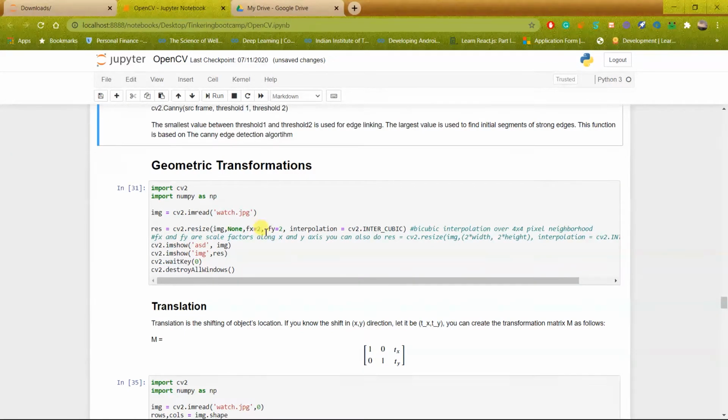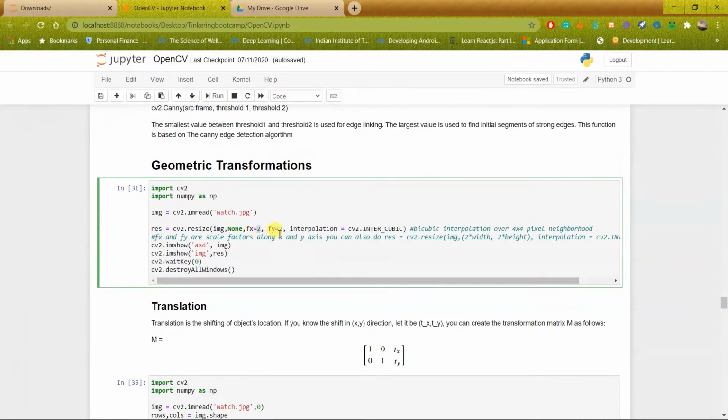So this will multiply the image by the factor which we send as the value of fx in the x direction. Okay, as I have specified 2 and 2 in both, this will give us an image which is scaled 2 times. And then interpolation is equal to cv2.INTER_CUBIC.